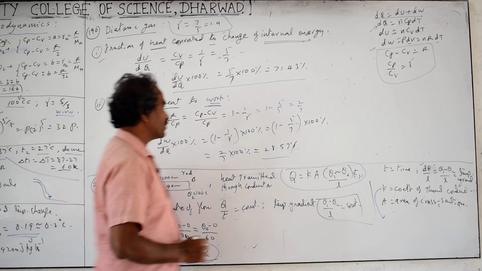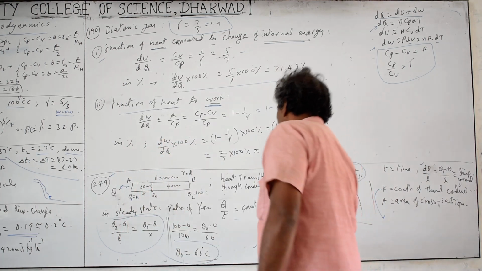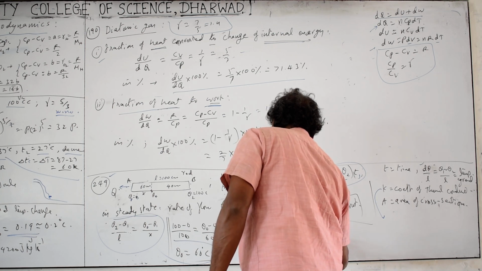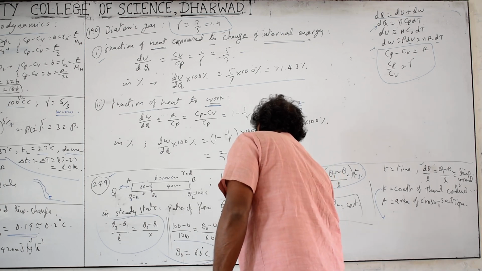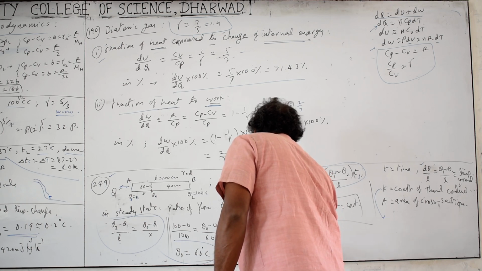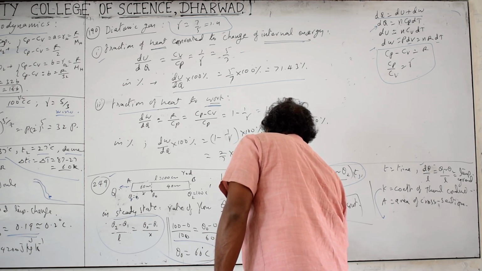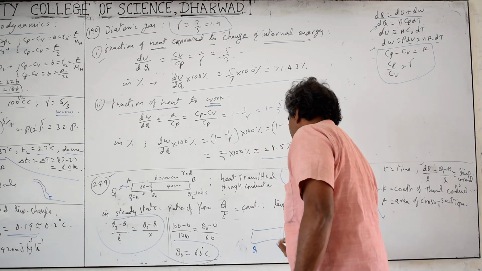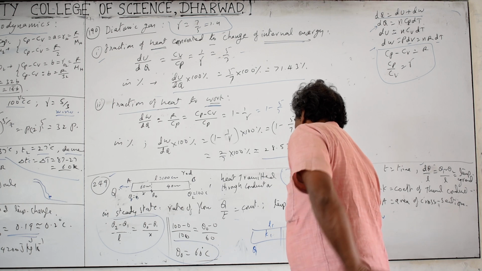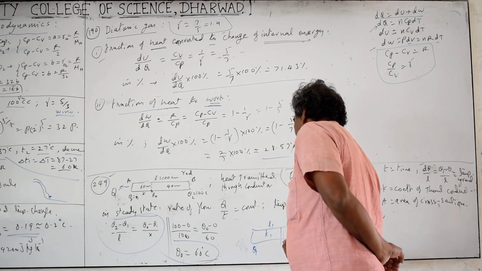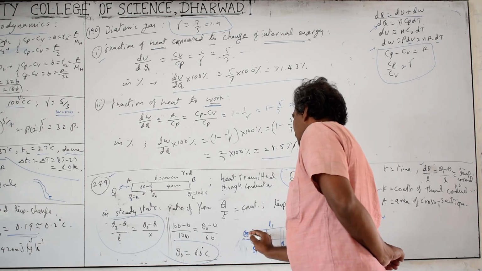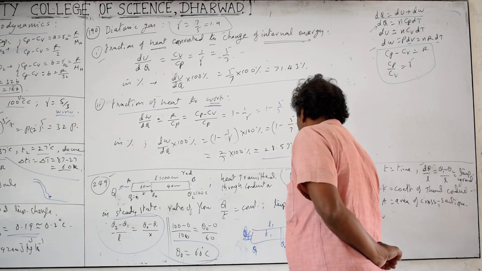If you are given two different materials, follow a similar procedure. Two different materials with different K values, with temperatures theta 1 and theta 2. Theta and the temperatures are not times, so be careful with the symbols, theta and Q. The two materials have K1 and K2 and lengths L1 and L2. In a steady state, the rate of flow is constant, and theta naught is the junction temperature. Then Q by T is constant.